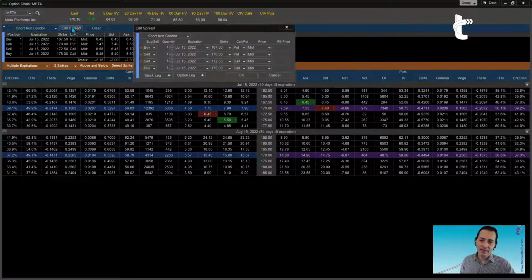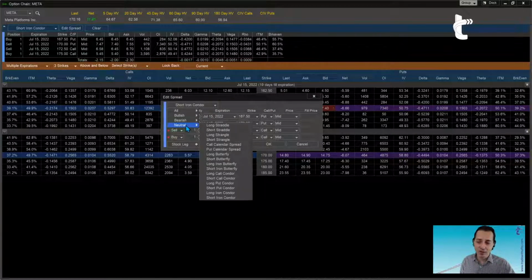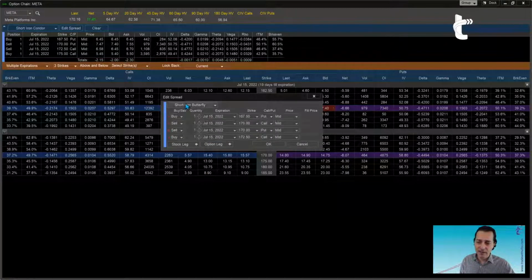Okay, but again, let's say as you are assessing the trade or selecting the strikes, you're like, you know what, I was wrong. I should be using an iron condor, an iron butterfly, another strategy. Then you can change it from inside, and it's fine. So I'm back to iron butterfly here. Okay. Then of course you have your buys and your sells, but notice that you also have